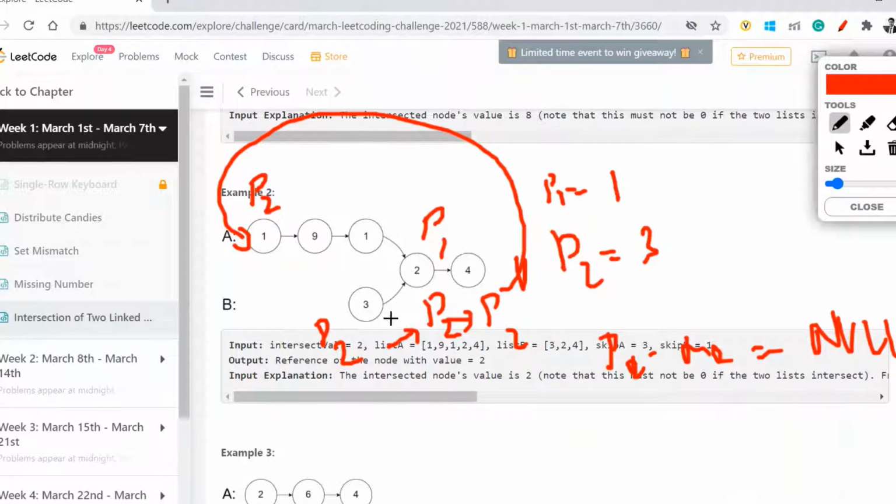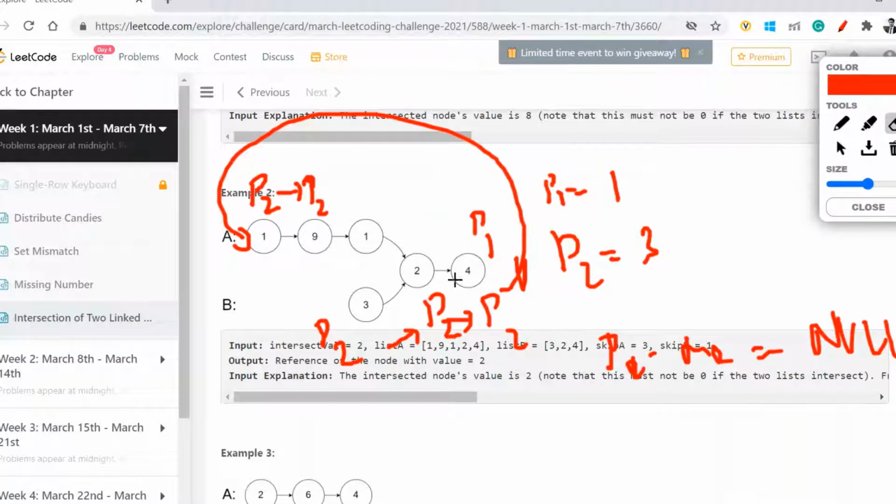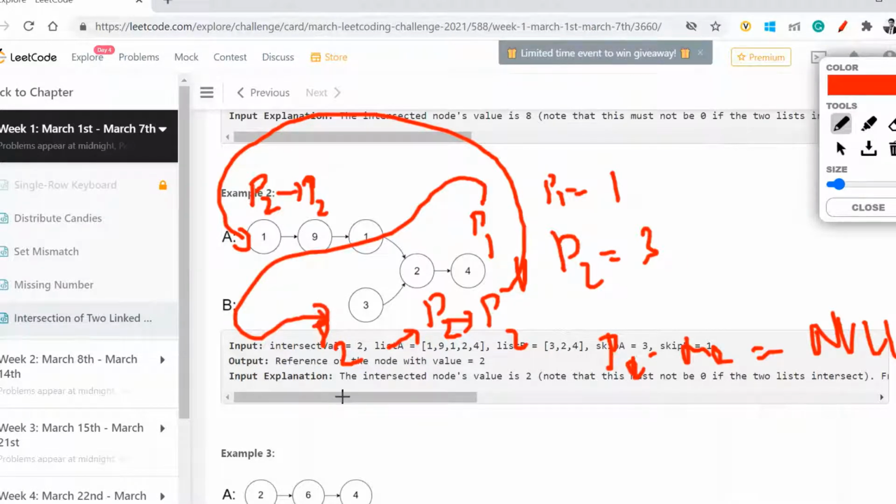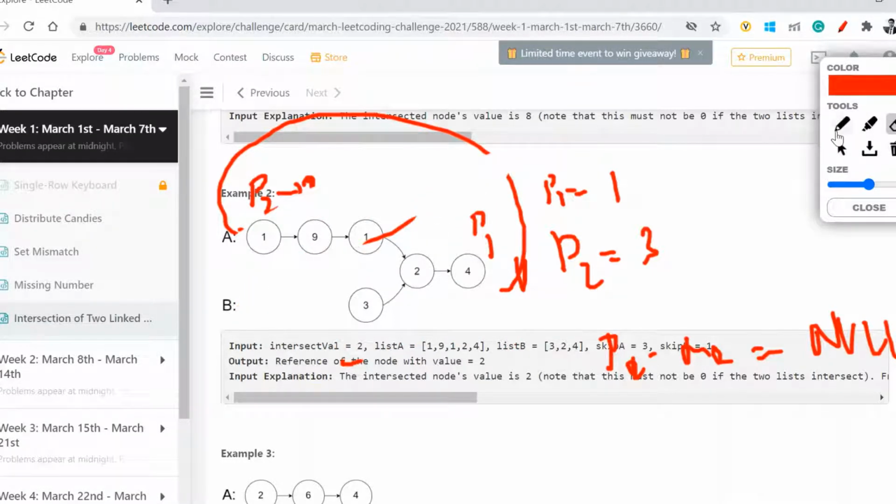Now 2 is not equal to 1 again. I'll move p2 forward. Now p2 is this one and my p1 will reach 4. Now my p1 is at the end of the linked list. There's nothing after that. So my p1 will come and sit at this position.